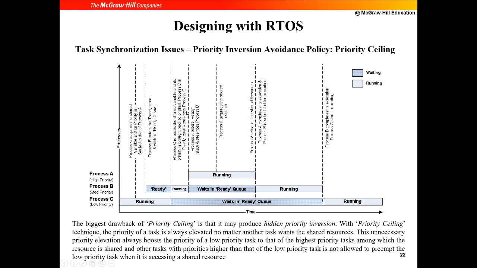In both cases, what happens is, there is a hidden priority inversion. In any case, you see process B is waiting, right? Process B will wait because process C, even though it's low priority, has a higher priority device, so B has to wait. So that problem is still there. But anyway, this is the solution we have.